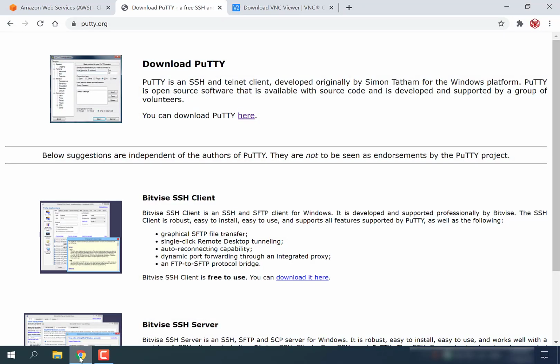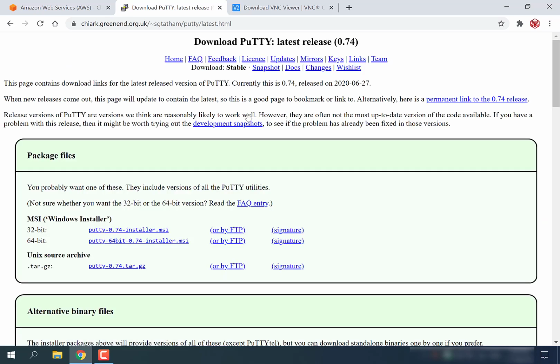So I'm just going to open up my browser here. And the first service we're going to be downloading is PuTTY and PuTTYgen. You need to navigate to www.putty.org. Once you're here, you want to download PuTTY by clicking on the hyperlinked text. Left click on it. This is going to then take you to download PuTTY's latest release area, and we're going